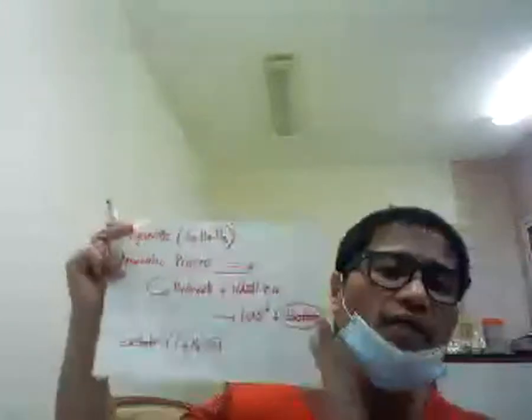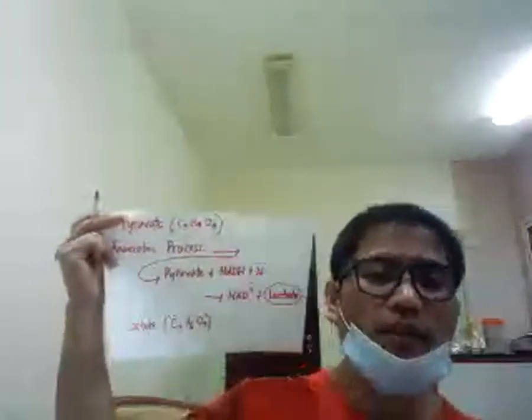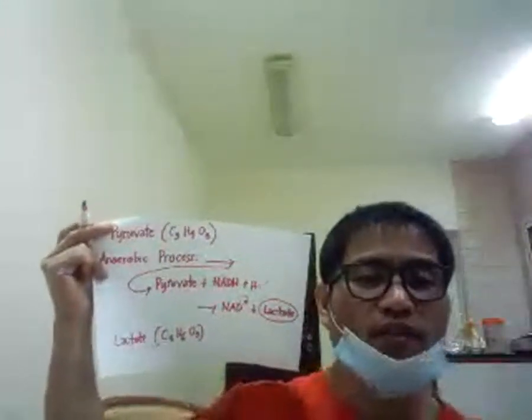But basically, you know, I'll tell you something. Lactate will be the same, carbon and oxygen. 3 atoms of carbon, but the hydrogen is 6. Okay? Like this. And the oxygen is 3. Just remember that the carbon atoms and the oxygen of the pyruvate and the lactate are just the same. Only the hydrogen has a difference. So that you can memorize faster.